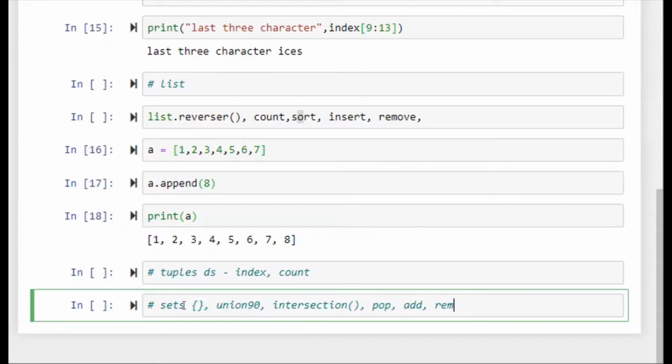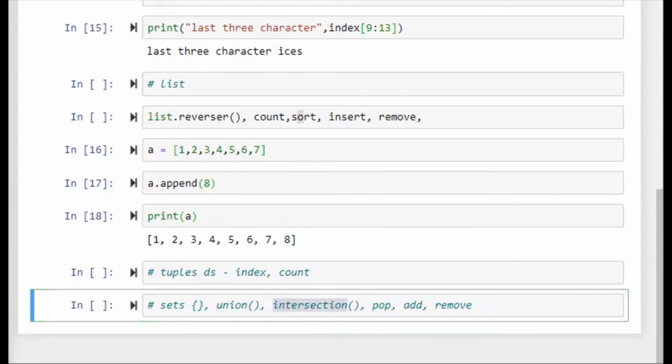Through the sets data structure, we can find the union and intersection, pop elements, add elements, and remove elements. I am not doing the practical because of shortage of time. We can add, remove, and find the union and intersection of sets with this data structure.